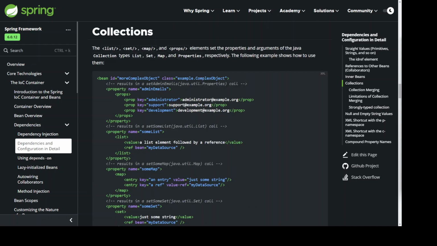Collections. The list, set, map, and props elements set the properties and arguments of the Java collection types List, Set, Map, and Properties, respectively. The following example shows how to use them. <bean id="moreComplexObject" class="example.ComplexObject"> <!-- results in a setAdminEmails(java.util.Properties) call -->